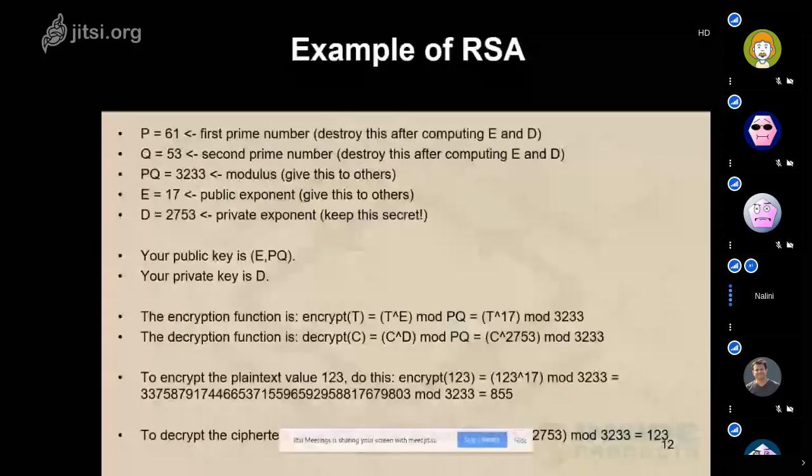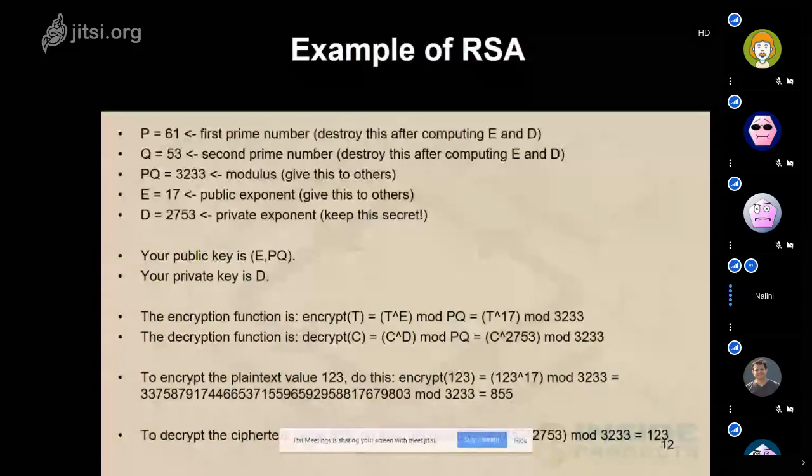The reason why prime number factorization is used in RSA is because it is called a hard to invert function. What that means is that there's no algorithm, there's no formula for prime number factorization. The only way to do it is via brute force. So it's very easy to